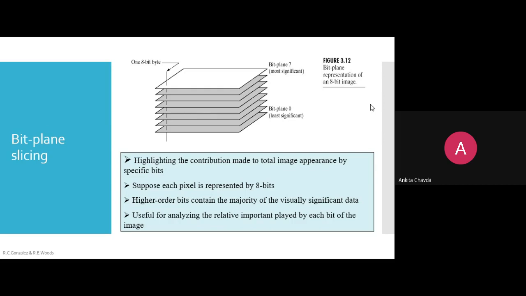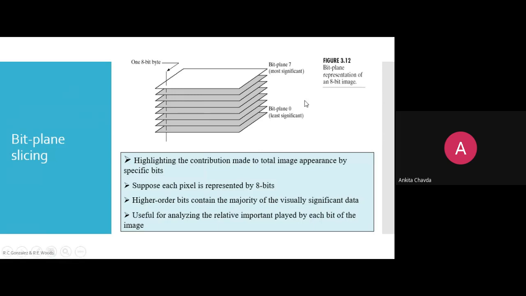So at the very first level, 2 raised to 0 means around 2 bits, then 2 raised to 2 means 4 bits, then 2 raised to 3. So when you go up, you will have more information, right? Many times all the information is not required to be stored, due to some storage problem or due to data compression. So your most significant bit is actually having all the necessary information of the image.